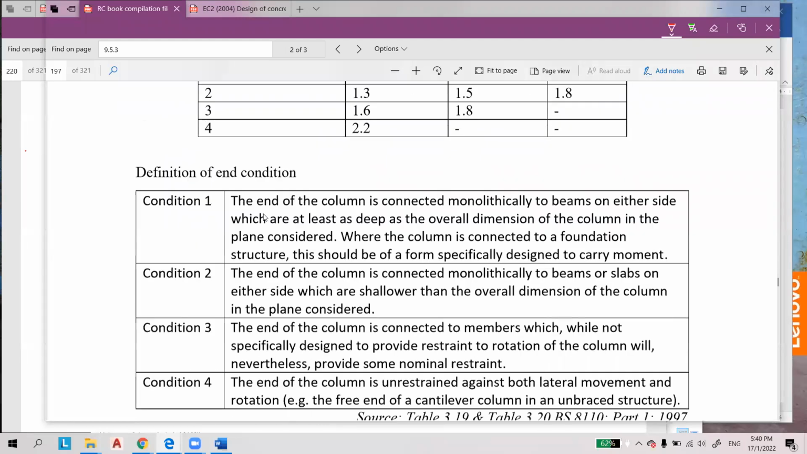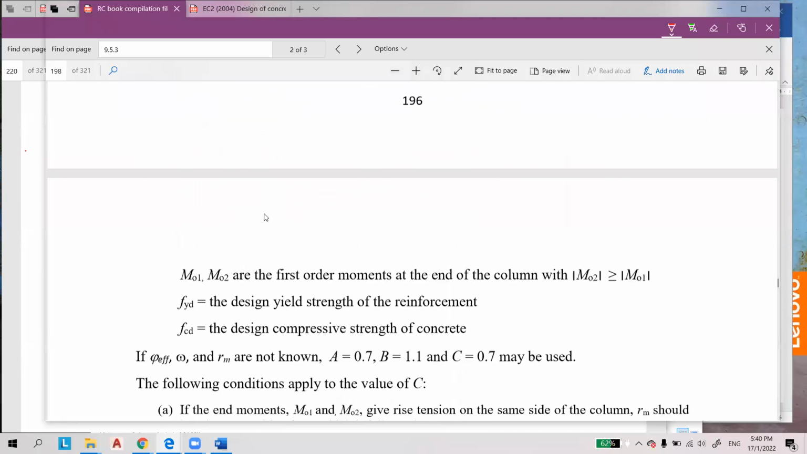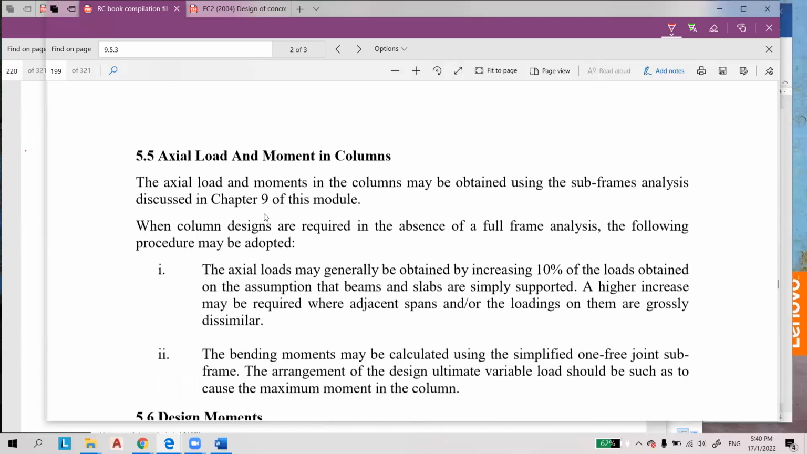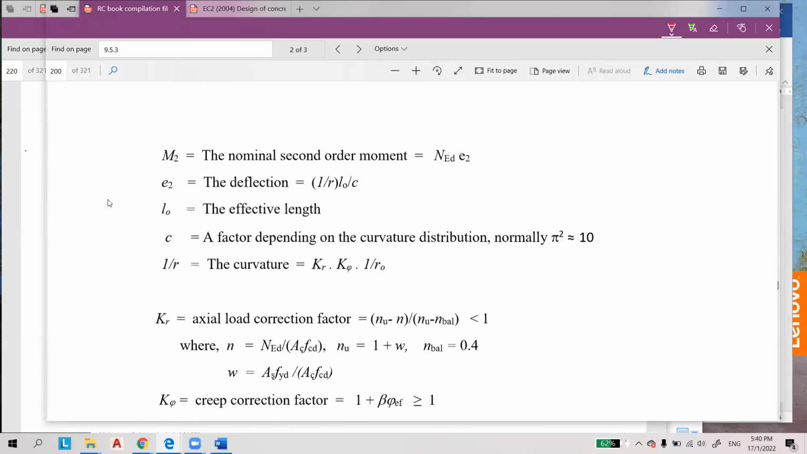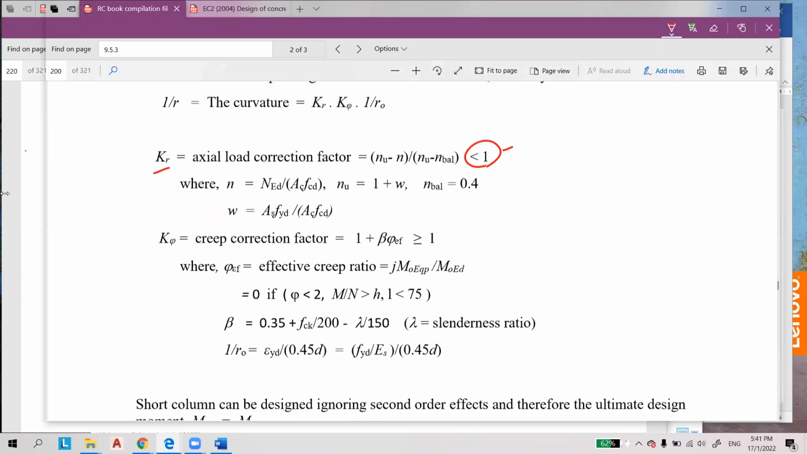The maximum value of KR shall be 1. You refer here, the maximum value of KR is 1 or lesser. So for the first round, you can assume that the value is 1, and then you can check with the actual value of W and N. You refer here, the creep factor is given,